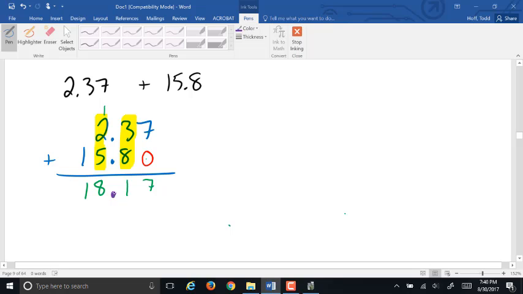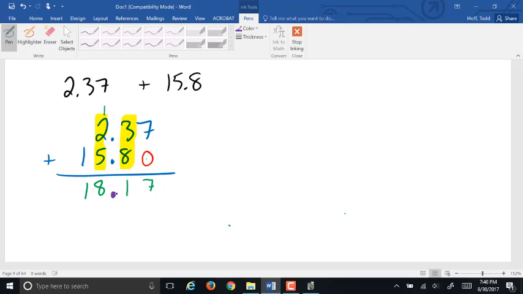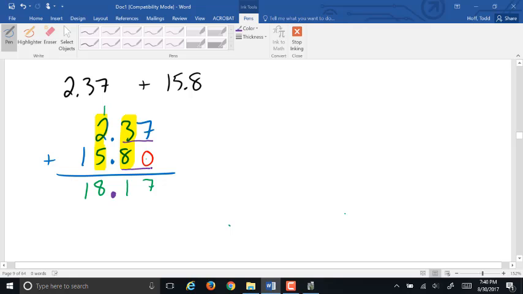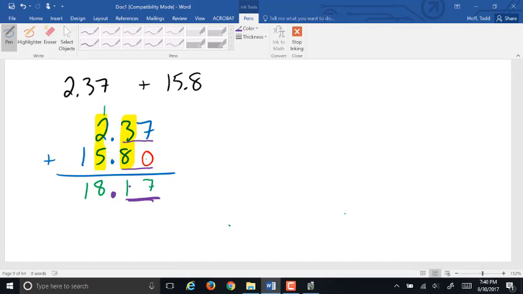When we move that decimal point down, it's again following a pattern established by fractions and whole numbers. When we add or subtract, we keep the same name. For fractions, we kept the common denominator. Inches plus inches, we kept inches. Well, the same here. 37 hundredths plus 80 hundredths better give us hundredths. Moving that decimal straight down is just keeping that same name. When we subtract,